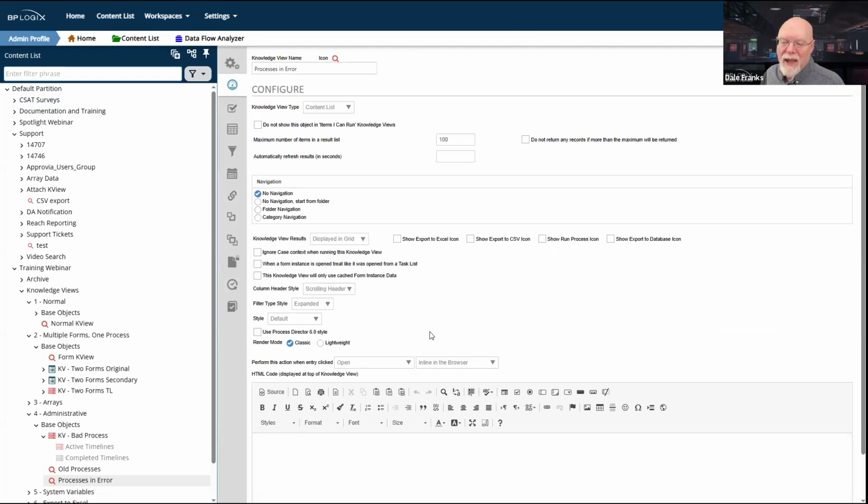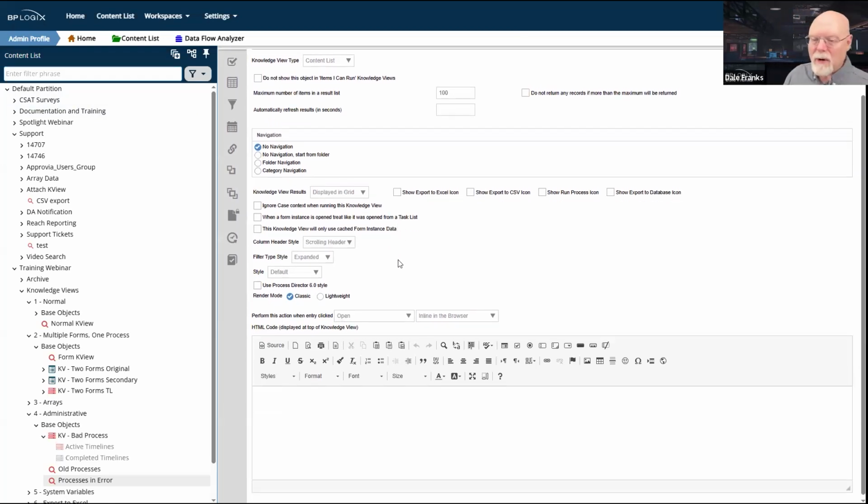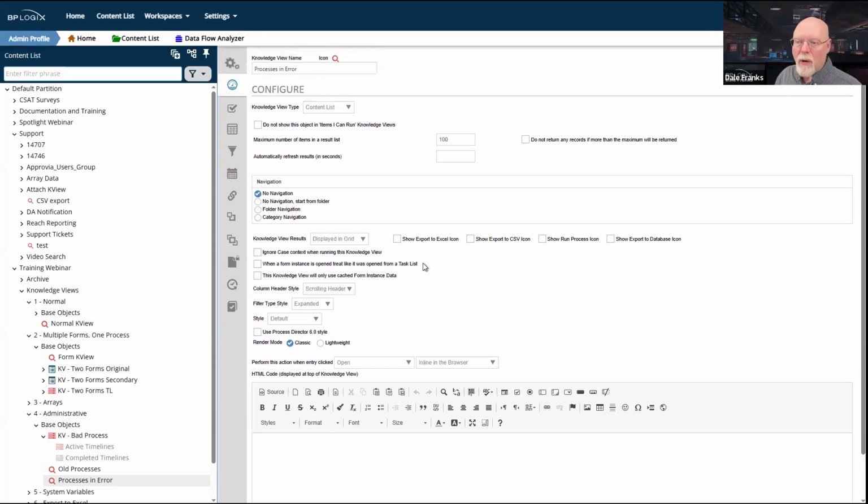The important thing here is when we go back to the Configure tab, some of the settings that we make. Now, it is different depending on what version of Process Director that you have as to how it works.